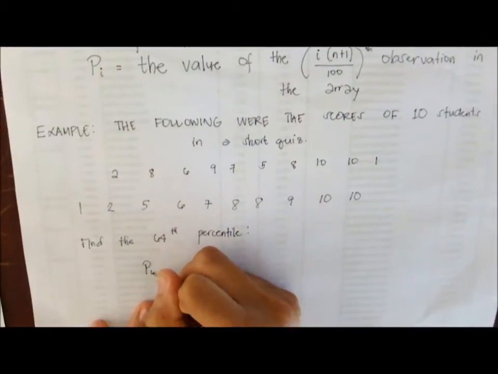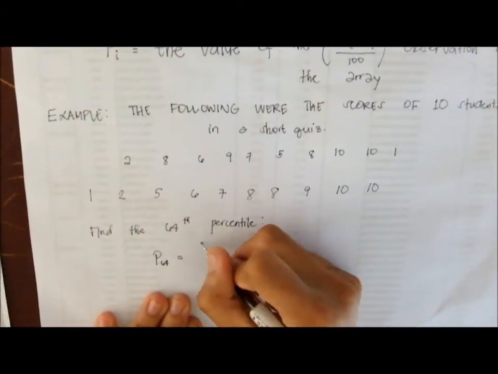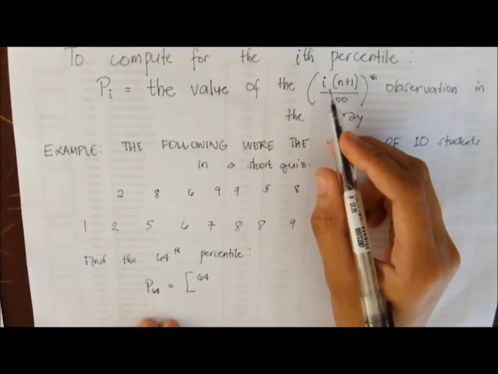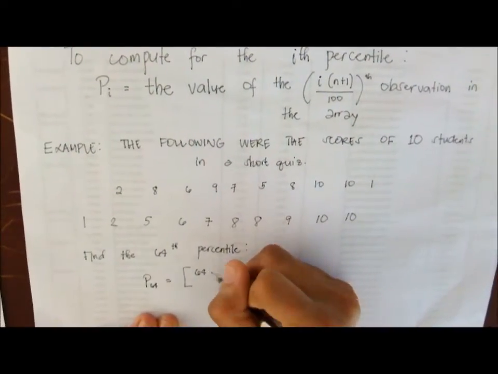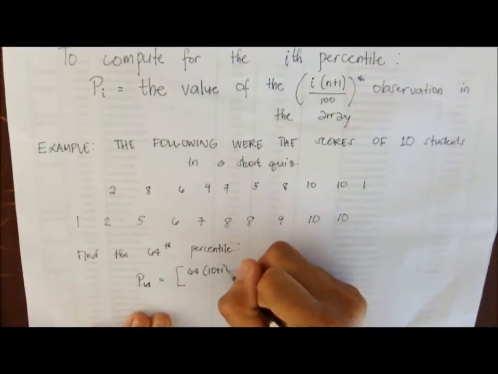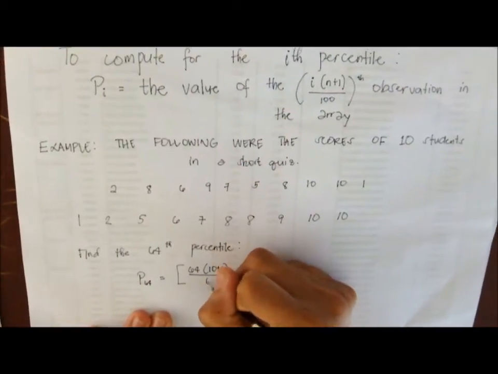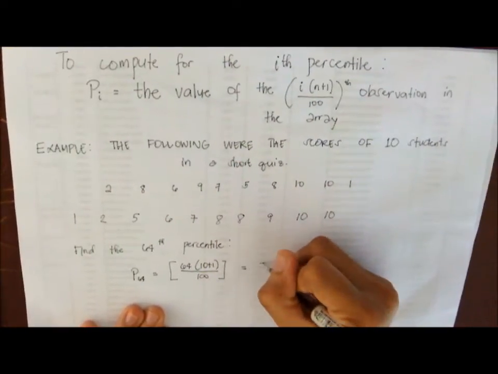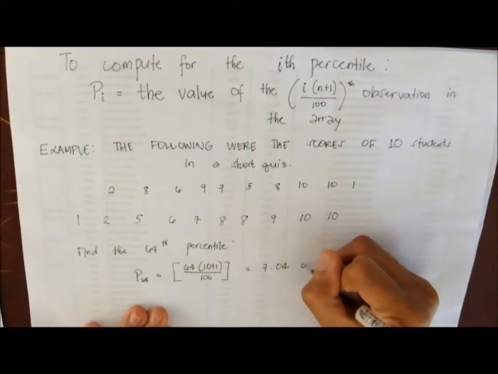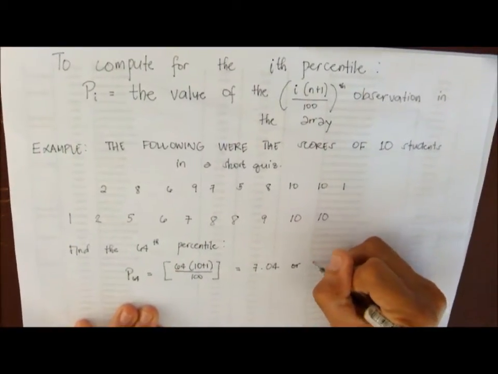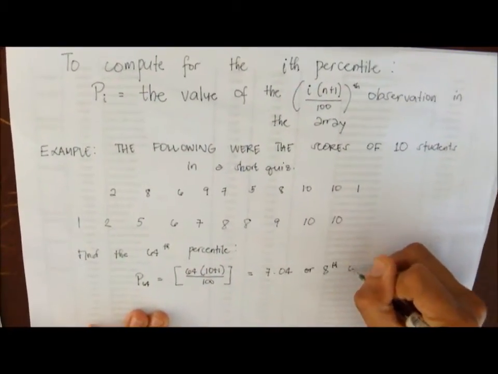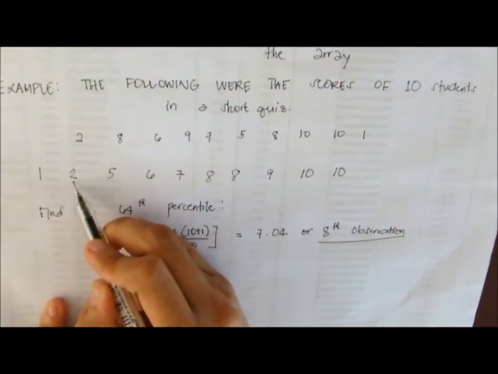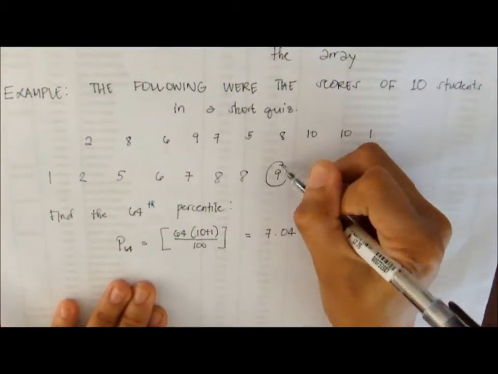You will write P sub 64, then 64, which is the i, or the one which is to be solved, and then times 10 plus 1. 10 is the number of observations, divided by 100, since it is a percentile. So it is equal to 7.04, or you will round it off to the next higher integer, which is 8. So the 8th observation. So this is the answer, 8. So you will count 1, 2, 3, 4, 5, 6, 7, 8. So this is the